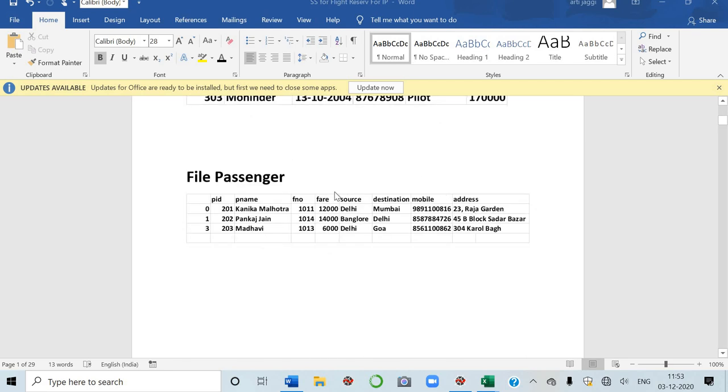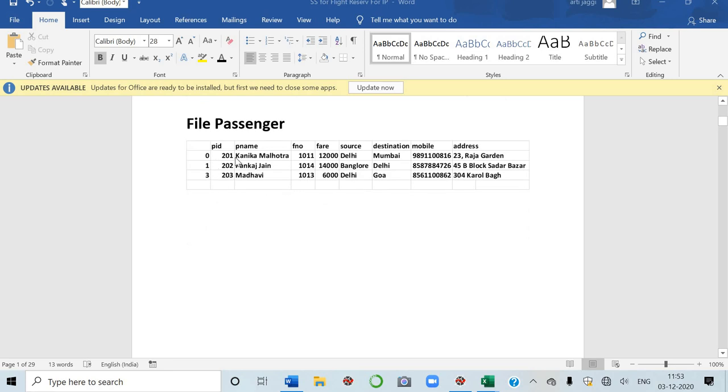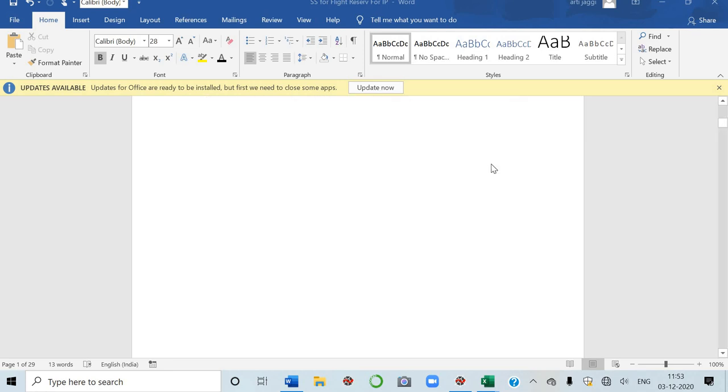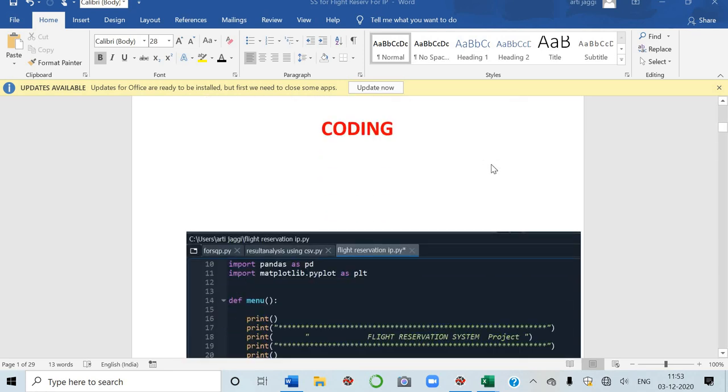The third CSV file is passenger. It contains the following fields: PID, PName, P number, the fare, source, destination, mobile and address. Flight number, that was flight number.